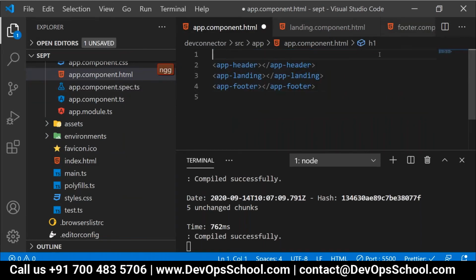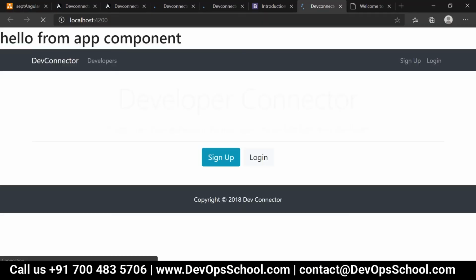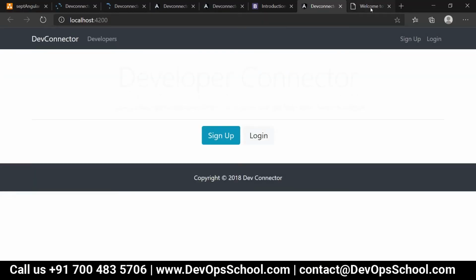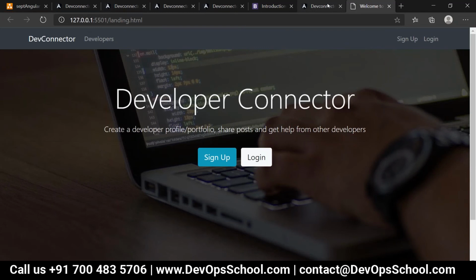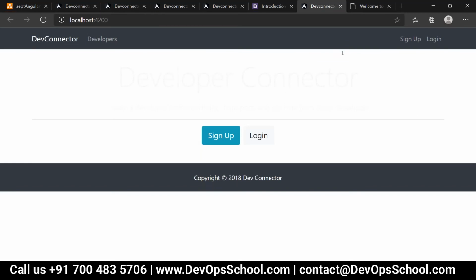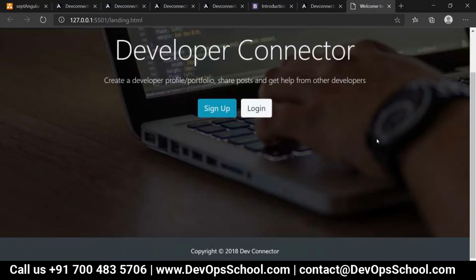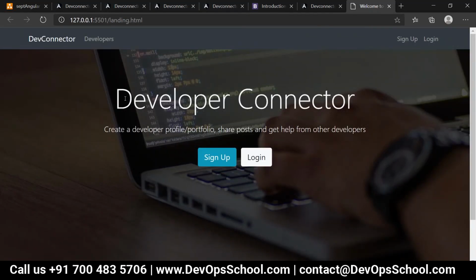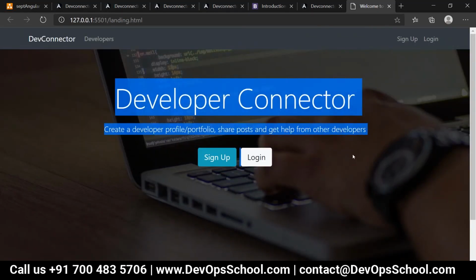Now have a look over here. People, the navbar is the same. Agree? The footer is also the same, right?